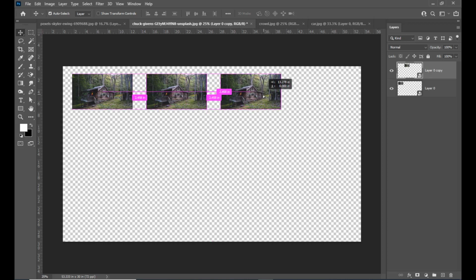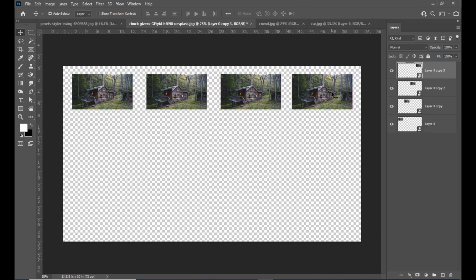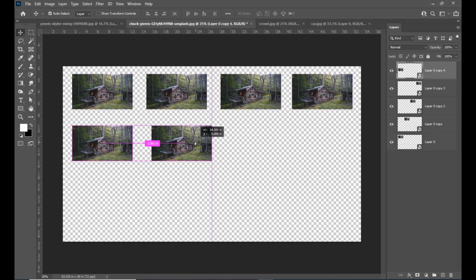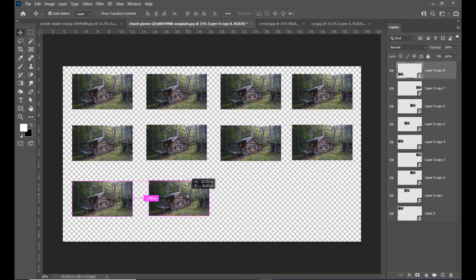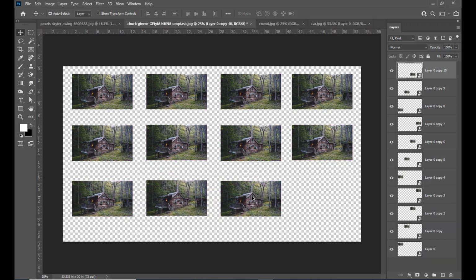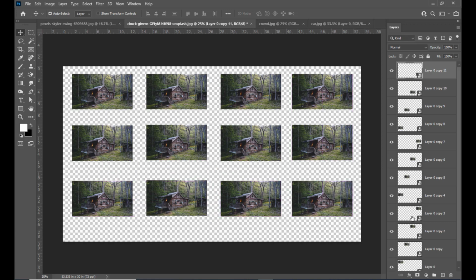Right. So let me take, let us say, 12 duplicates. So we will create 12 duplicates. So here we have. Now we want to put a caption on each of these images. So instead of typing a caption and duplicating the caption and placing it on each and every image,